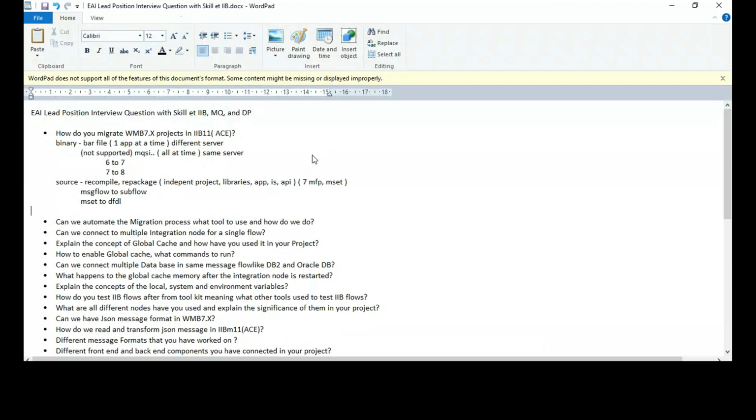So for example, if you have the time, if the project is not time bound, then you can change some of the message sets to DFDL. For that, you will have to spend development effort. So it's not an action that's available from the toolkit automatically. You can't right click on a message set and say convert this to DFDL. That's one of the new features that you get in 11, and in 10 and other versions, but you don't have it in 7.